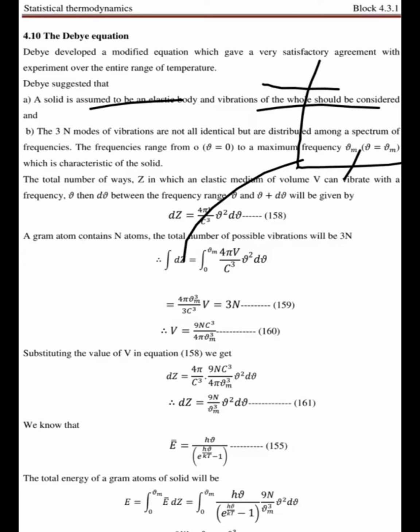So ν and ν plus dν is the frequency range of that particle. ν is the vibrational frequency and V is the elastic medium. So it can be written as dZ is equal to 4πV divided by c cube into ν square dν, where